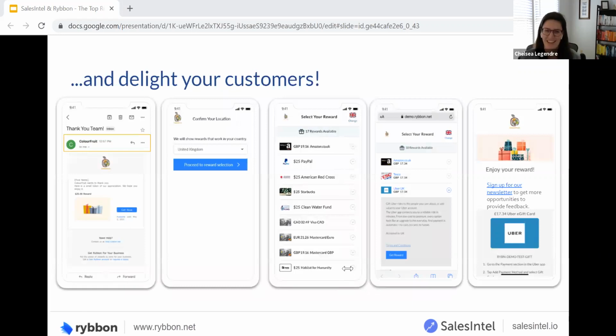How great is that? So no matter where in the world they're located, every customer and recipient will have a delightful experience in a seamlessly selective way, being able to choose the rewards that are available to them. So great for these enterprise customers who are often spread out across the world. They're not just in one location. So they can choose rewards that are actually available in their local currency in their country.